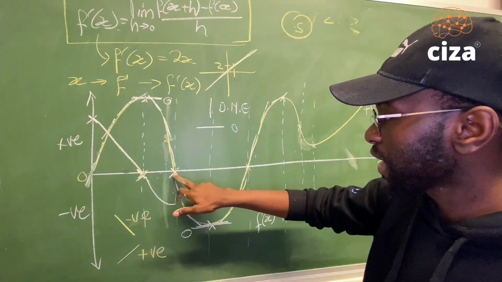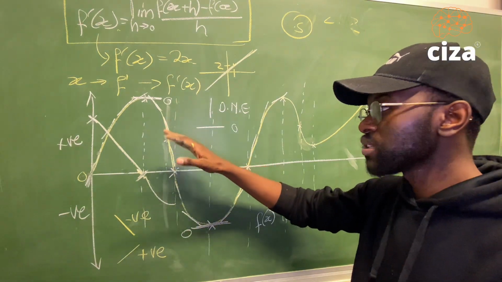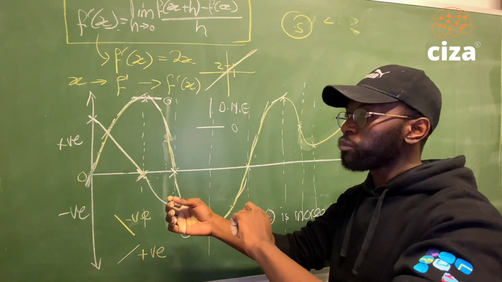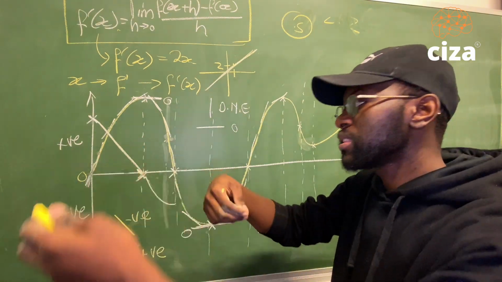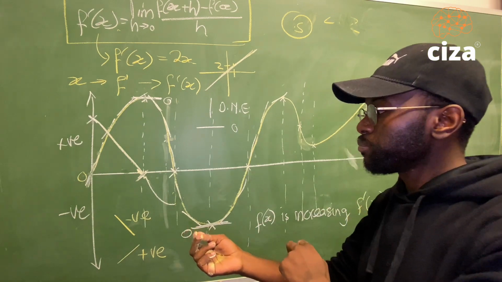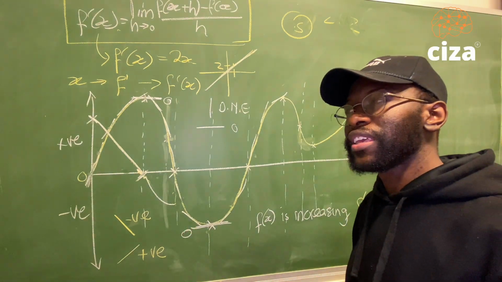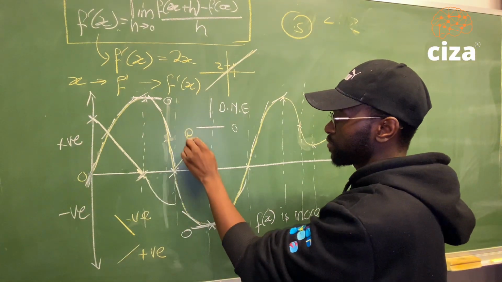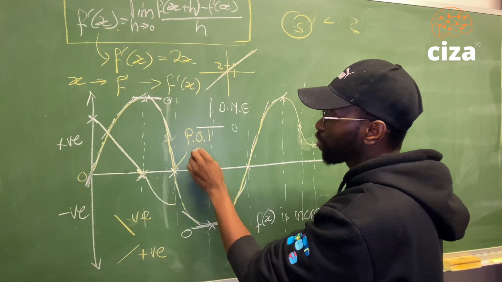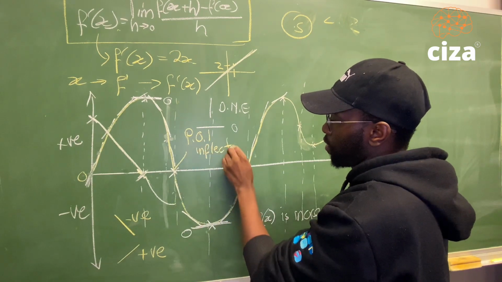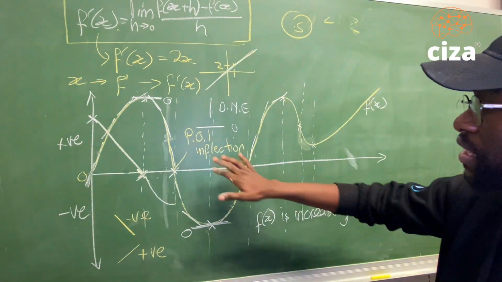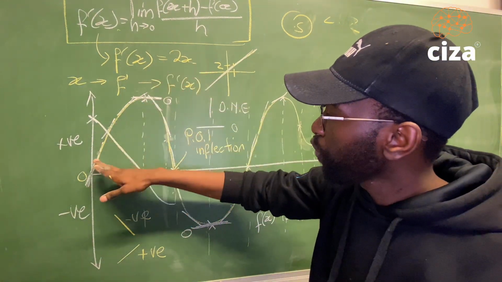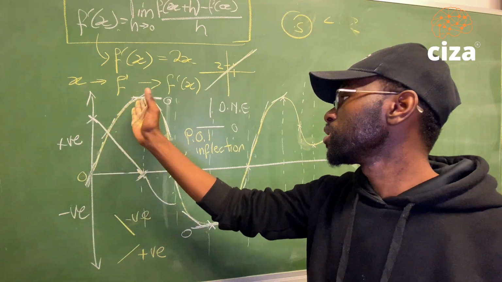So this point where the gradient changes from becoming more steep to becoming less steep, or from being less steep to being more steep, we call that a point of inflection. Now, the interesting thing about this point of inflection, remember that this gradient went from positive, positive, positive, 0,